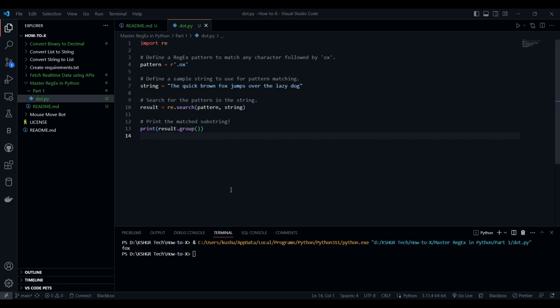So that is it for the first episode in Mastering RegEx in Python. Today we learned about the dot pattern method. The dot pattern is used to match any single character that is followed by the particular defined pattern. Stay tuned for the next video in this series and you'll master